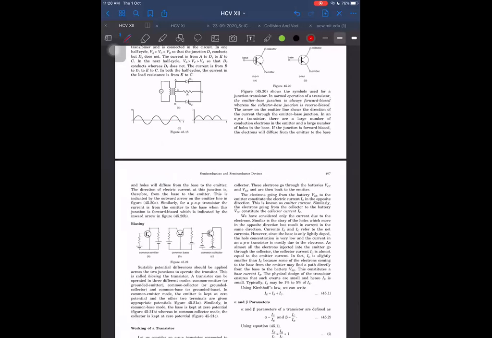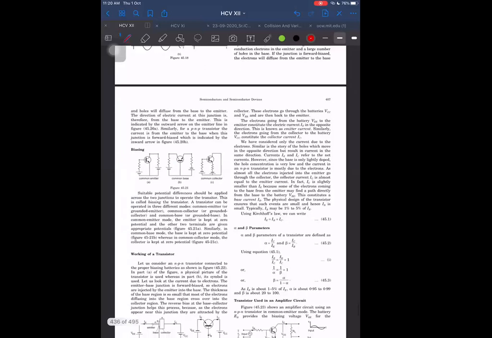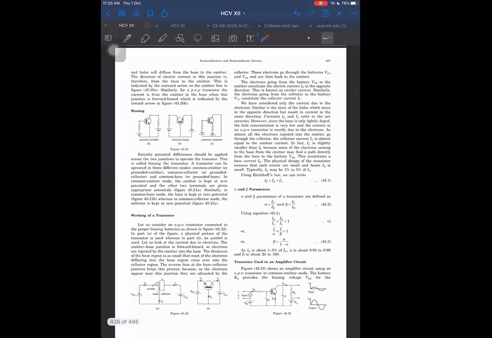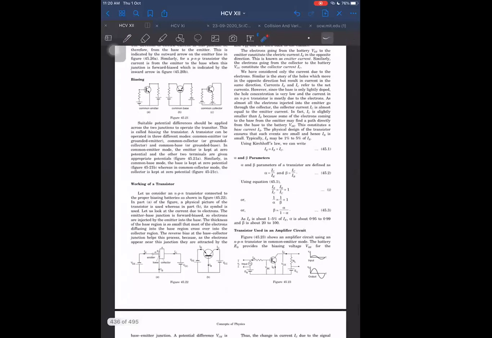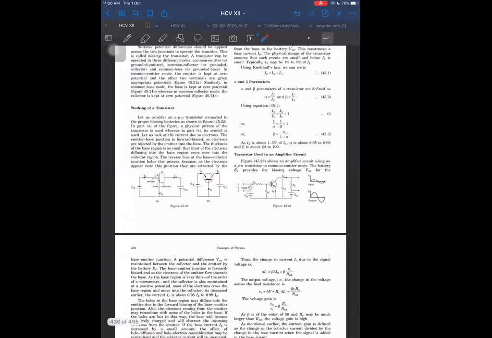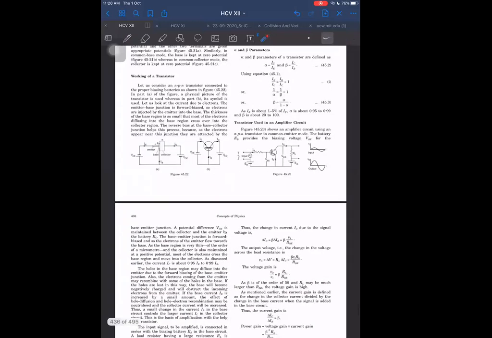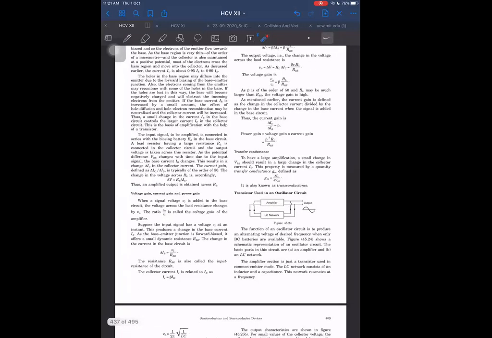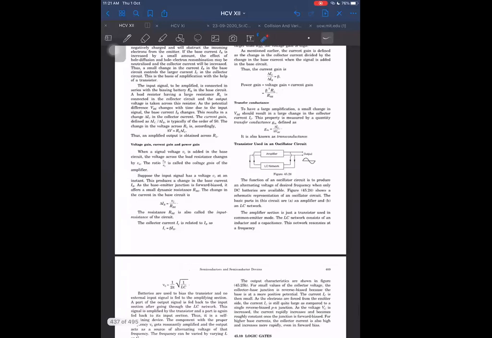Sir, one second, how to tell what is input and what is output? I think there is nothing like that also. They are not saying it like that. They are saying the direction of the electric current. They are not even talking about such things, which is input, which is output. But I consider this because of this reason. I think they may say it somewhere else. Here they did not mention it, although.